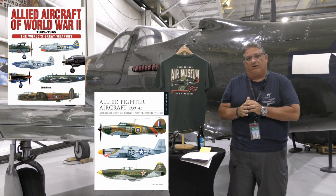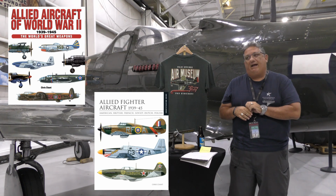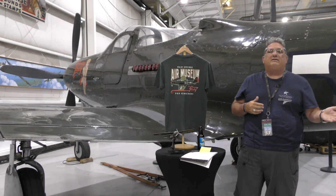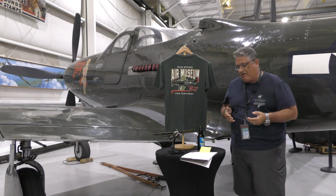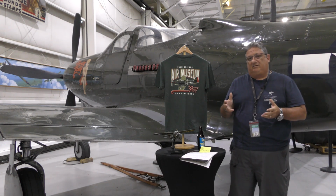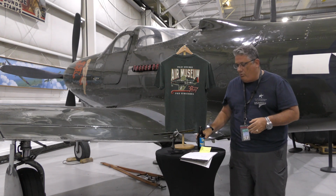This aircraft clearly moved the ball and never got any credit for it. And in the United States, we completely overlooked them. They just are not talked about. And I think that's rather sad. As I said, this particular airplane in Europe is very prolific, but you just don't see them in the United States. So with that,